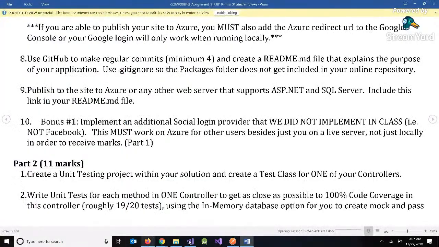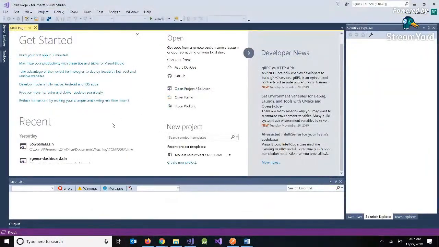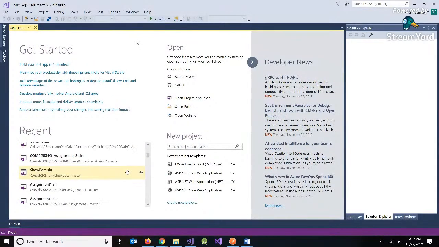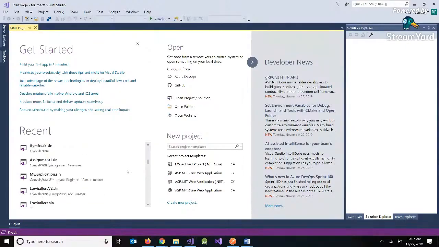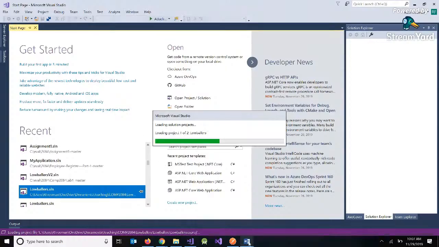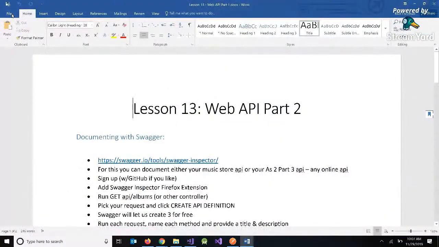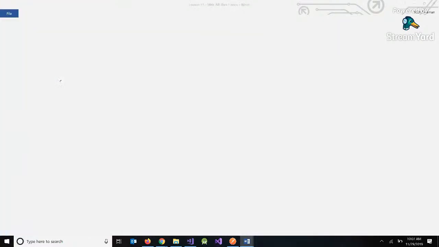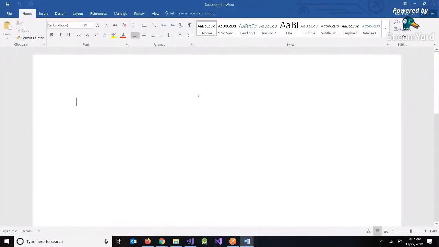Okay, so it's lesson 12, and what we want to do, we're going to open up Lowballers, and we're going to integrate Web API into Lowballers, which is pretty easy with .NET. So what we're building, and what we actually just built with Express, is known as a